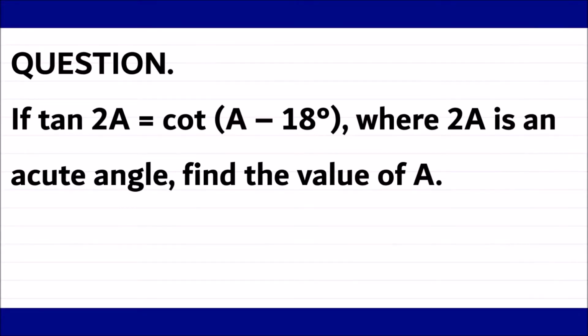The given question is, if tan 2a is equal to cot (a minus 18 degrees), where 2a is an acute angle, find the value of a. Guys, again, trigonometric questions are really very easy. So let's see how we are going to solve this type of question. Now what is being given? It is being given that tan 2a is equal to cot